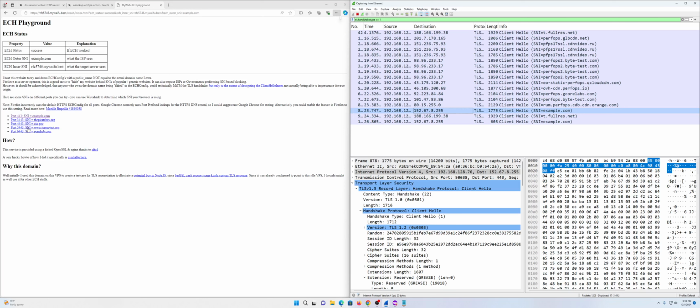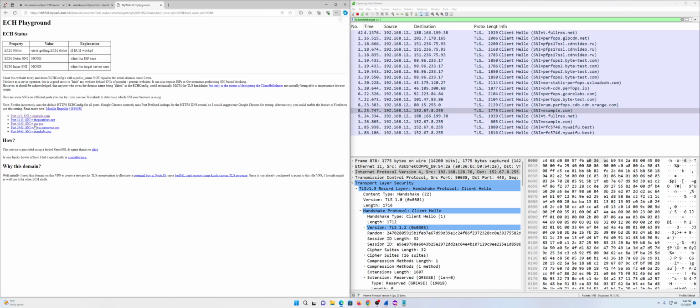So when you connect on port 443, which is the default, the browser thinks the public name is sniexample.com. It'll establish a connection to the first TLS server with this SNI, and then the actual underlying connection happens to this domain. And here I have a little box where you can also see if the ECH worked, the outer SNI, so this is what the ISP sees, and what the target server sees. And if I go to different ports, let's say I go to port 4443, it should be,